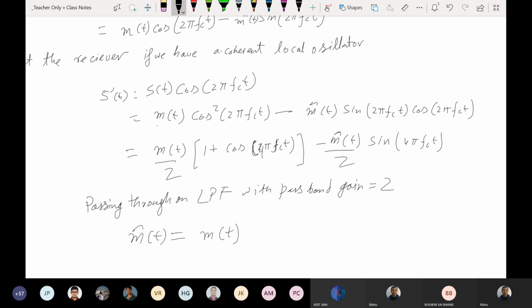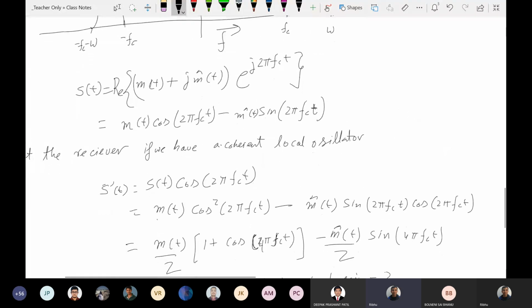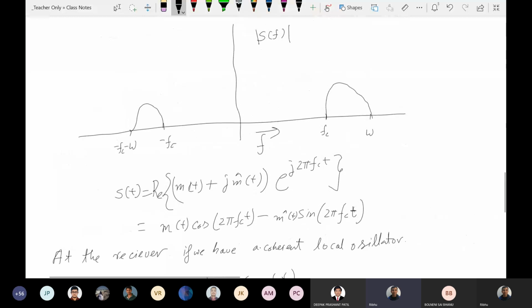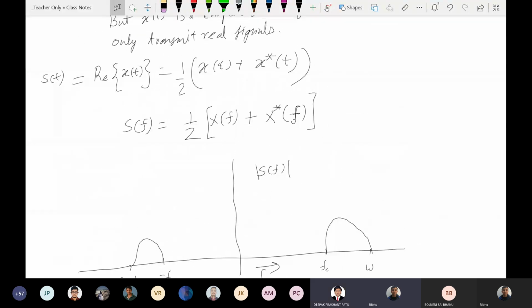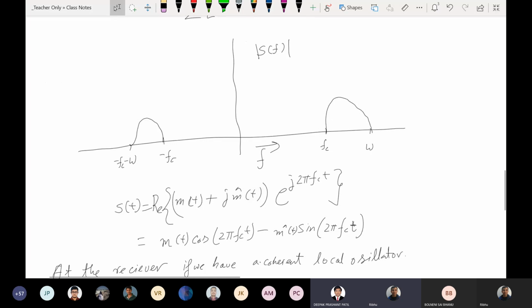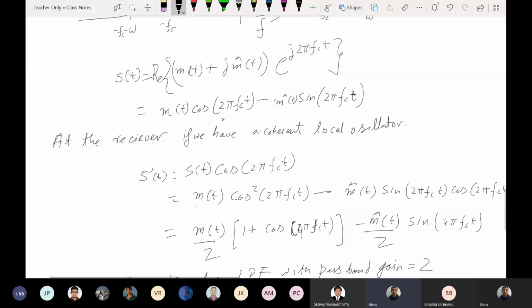This is okay, right? No, sir. I didn't understand. Okay, what did you not understand? So I'll go back, just point me to the place. So you understand this as generation of S(f)? Yes, sir. That much below, this single sideband generation you understand? Yes. s(t) equals m(t) cos 2 pi f_c t minus m hat(t) sin 2 pi f_c t. Yes, sir. Okay.